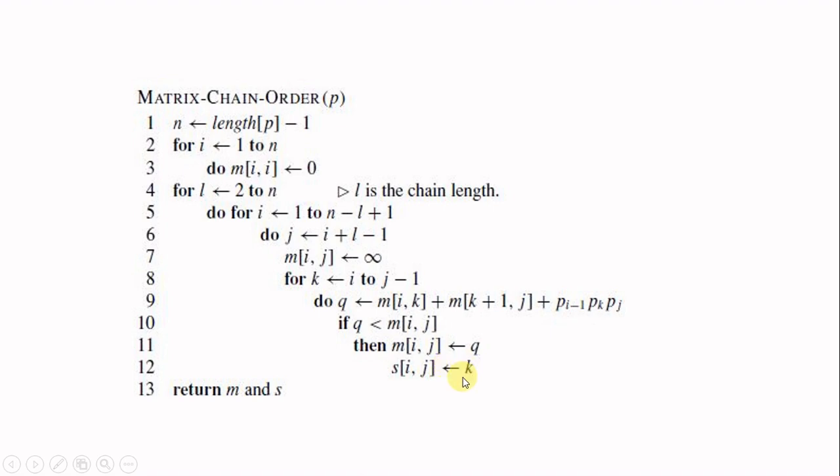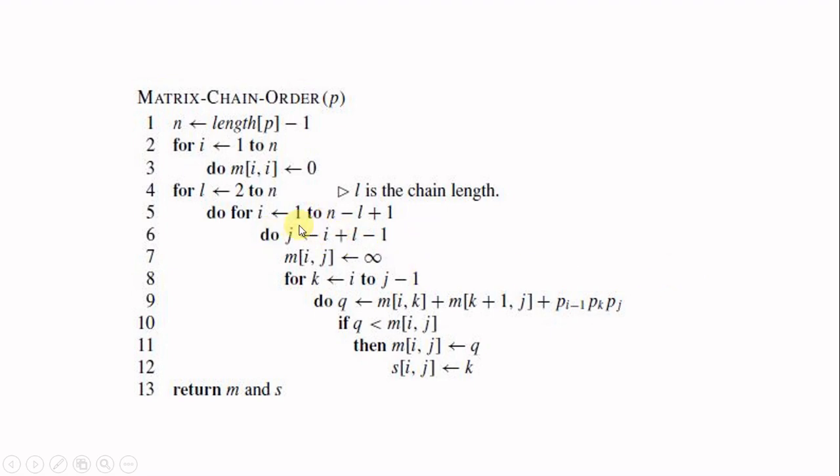Again we will choose the second value of k, that is i plus 1, and calculate this. We are checking with the old value and assigning. After one iteration, we will find out the minimum cost here and the index k, the split k, which leads to the minimum cost. And in the next step, i will go to 2, and j will be constant with respect to this L. So i, that means the sequence, starts from 2.